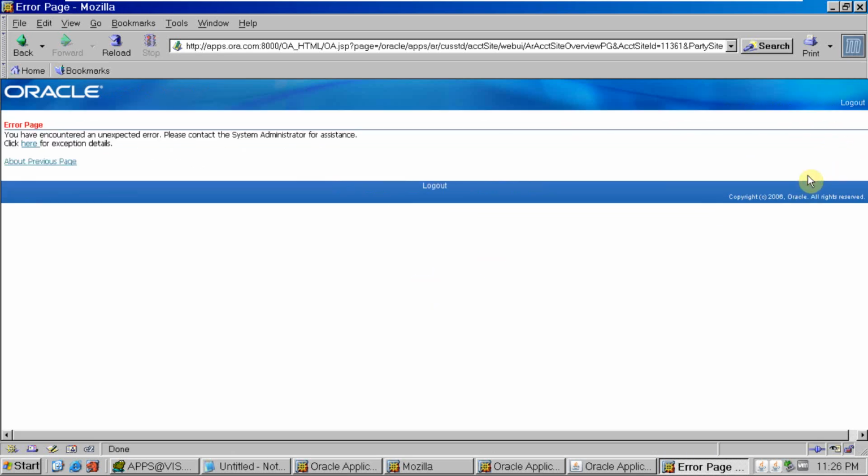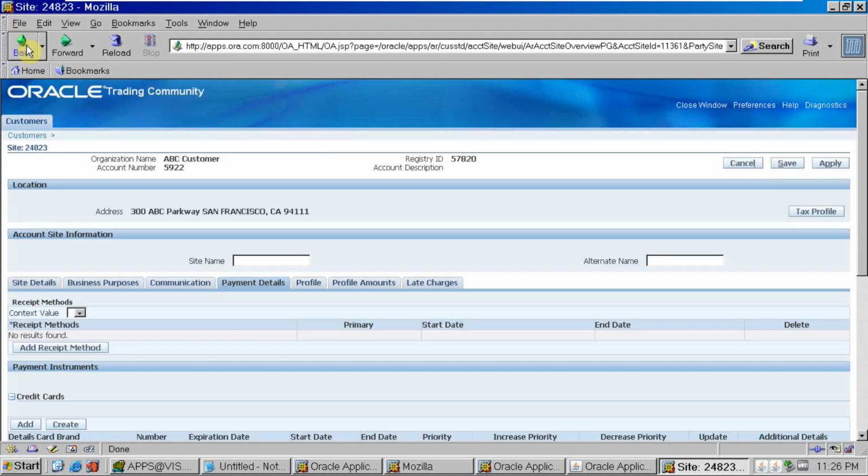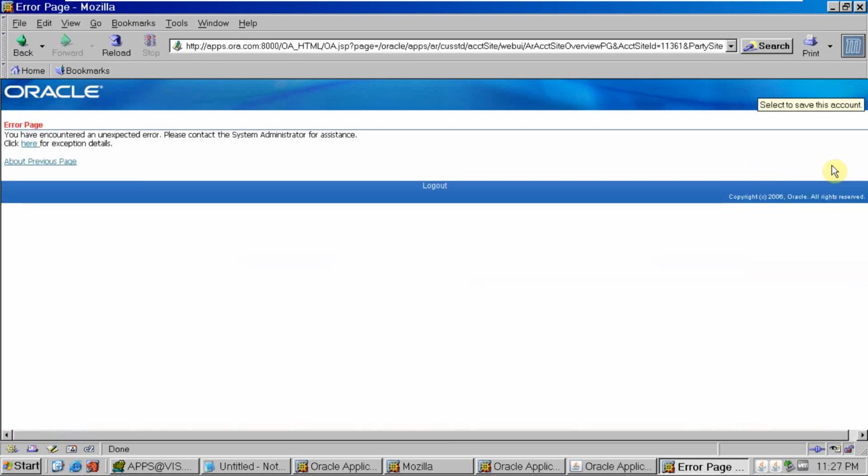These all things are linked with each other, so profile amount and late charge. If we want to create a new one, then fine, otherwise we will leave this one, because we have already defined or linked the profile class on the account level. Now I will do apply.